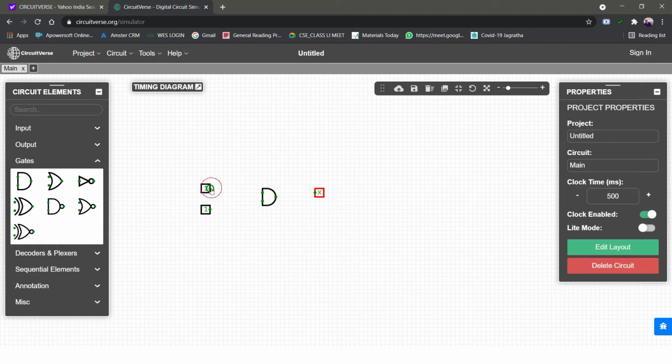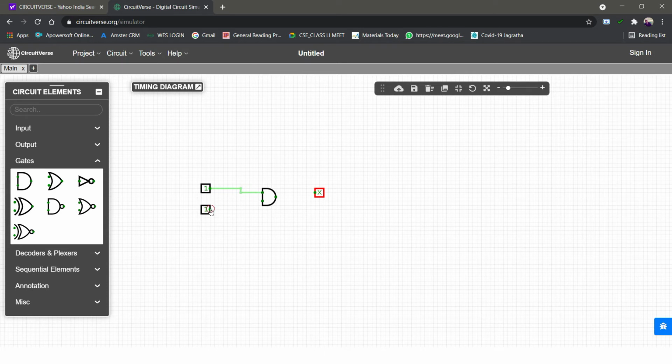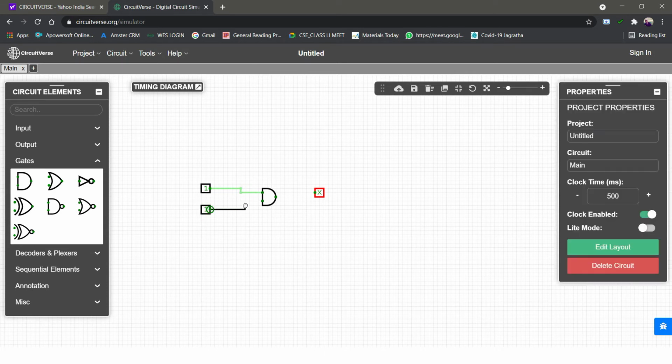So I'm taking the wire from the input and dragging it over here. Now I'm taking the wire from here and extending it over here. All these wire connections are done by dragging the mouse button.